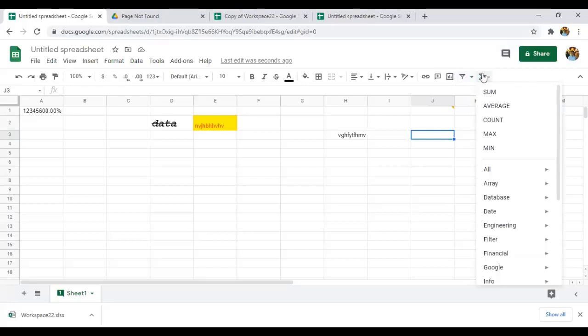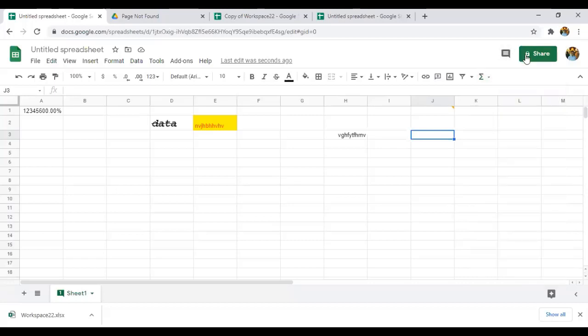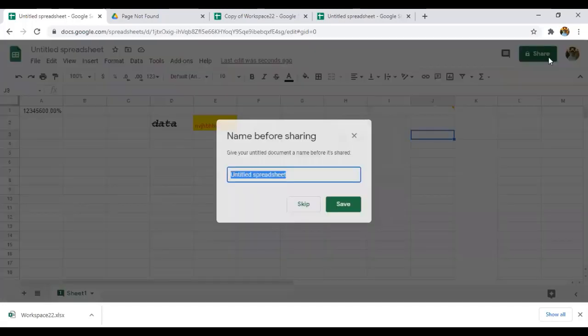And these are, as I told you, some average count. The operations you need to perform, or the user needs to perform, can be seen here. By applying the functions, you can perform a number of different operations. And coming to the share option, as I told you before, you can share the data or you can share the sheet.